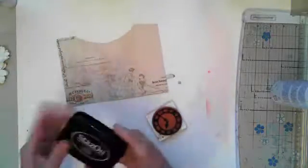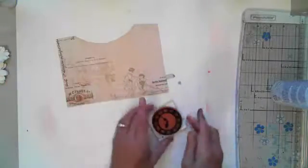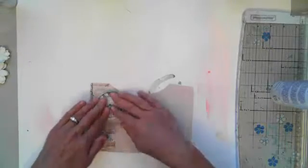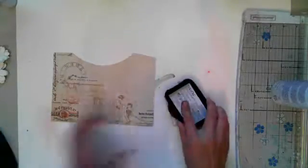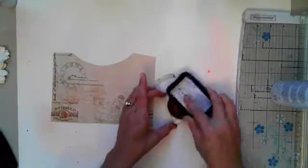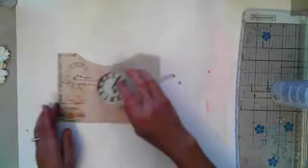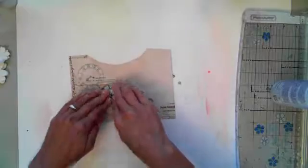And I love Stays On. It's great stuff, but it stays on your fingers too. That didn't turn out very well. Let's try again here. They seem to dry out quickly. I've barely had this a month, I think, and it's already feeling like it's getting dry. Well, that's a little better, but oh well, we'll just...